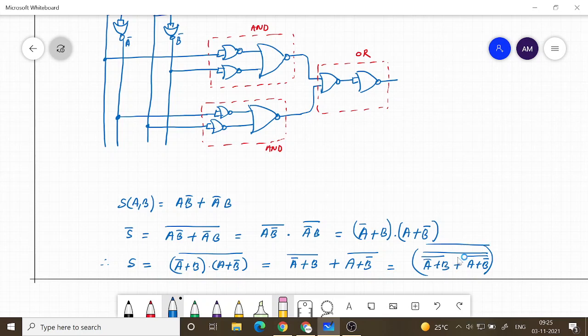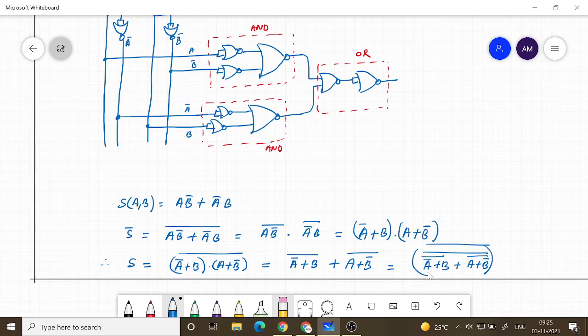Okay, now if you look at the above implementation, so first thing is A bar, so that I have already done here. This is A bar, and then I have B, so this is B. Okay, this is A, and this is B bar.